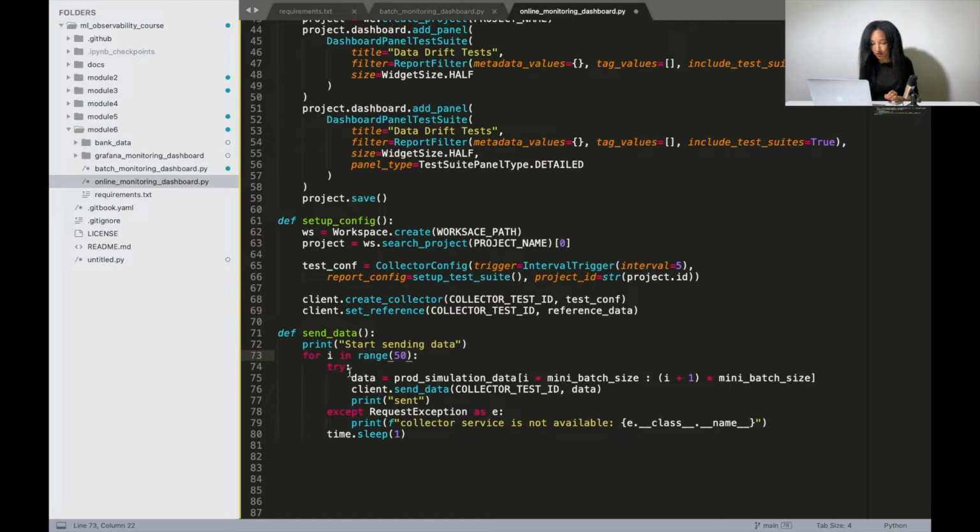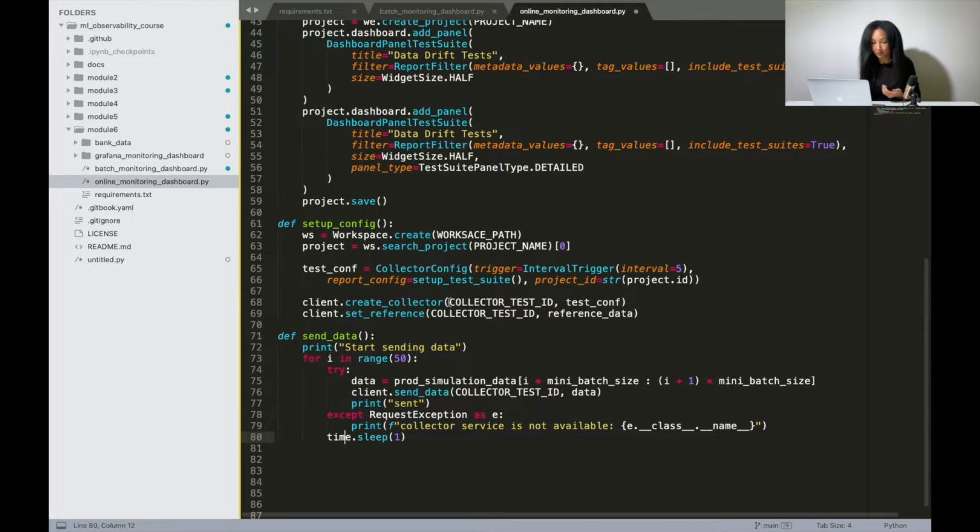You can play around with more or less. In each iteration we try to send data to our client. Our client is the collector service here. And then we sleep for 1 second before we do the next iteration and send a new batch of data. That makes sense from the configuration point of view because we parameterized our collector service with the interval equal to 5 seconds. So it's going to calculate a new snapshot every 5 seconds, and we will have 5 iterations